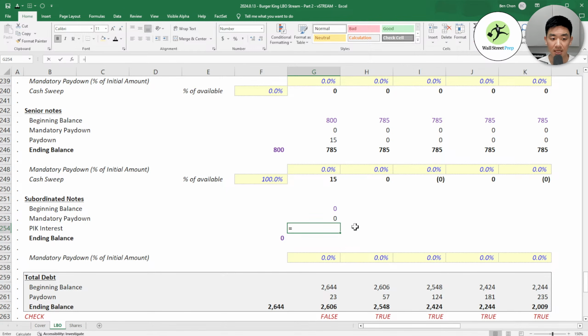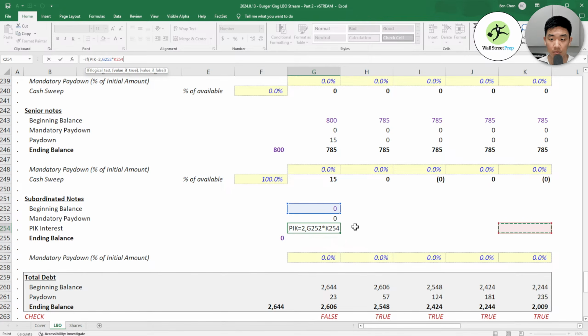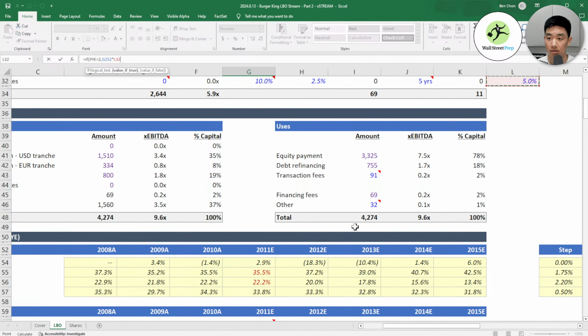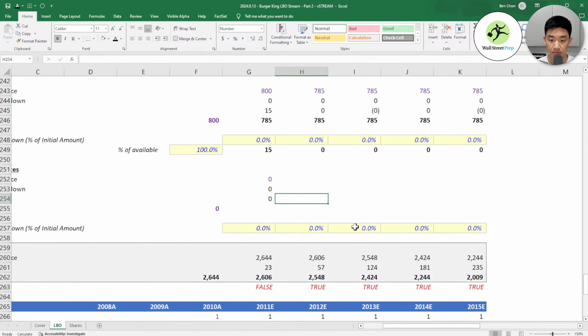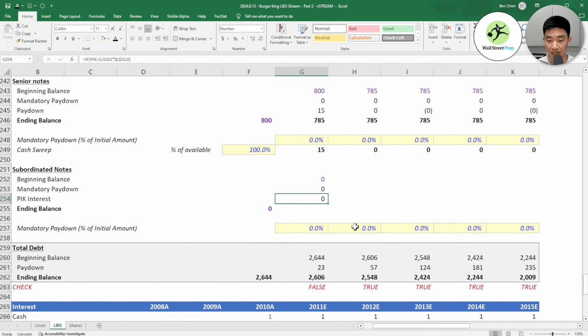You're likely just going to have to choose one of them, right? So let's say that if PIK equals 2, which means that it's on, then we're going to want to get our beginning balance and multiply that by our PIK interest we have up here, 5%. If not, then this should just be 0. Because if we decide to pay with our cash interest instead, then it should be